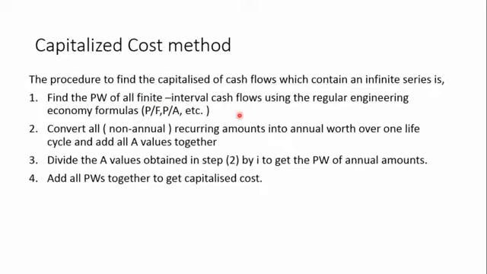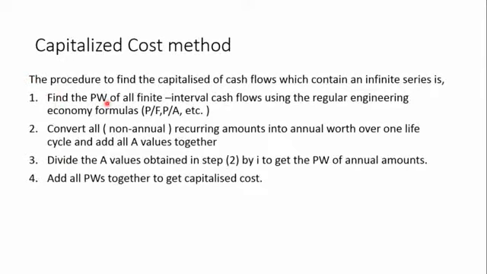So basically in this capitalized cost method, we compare mutually exclusive alternatives which have a perpetual service life. Means the service life is forever, that kind of service we are expecting here. Lifelong. This type of method is used for various types of bridges, dams, irrigation projects, water supply lines. So in this method, how do we solve these types of problems? There are basic steps that we can go through first.